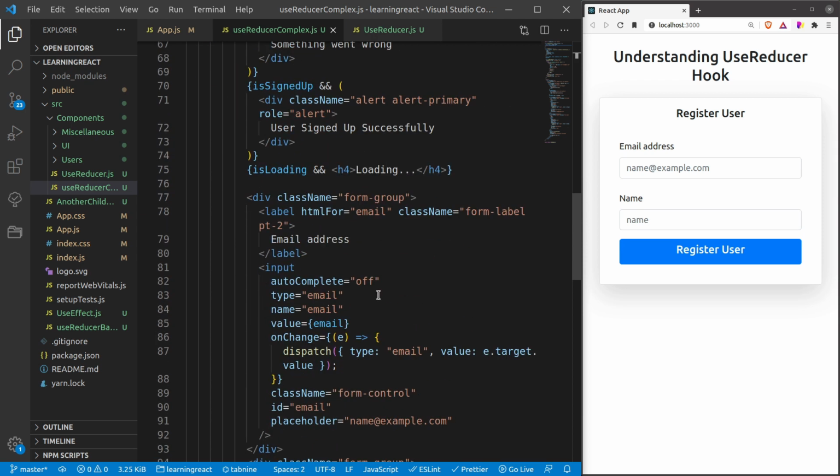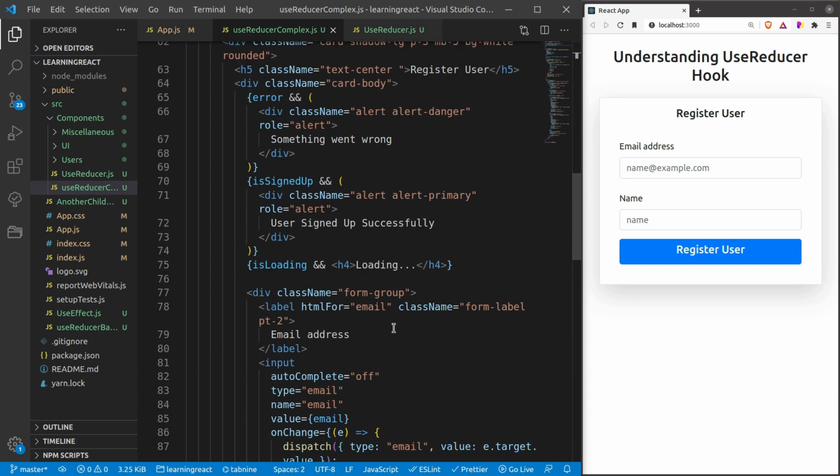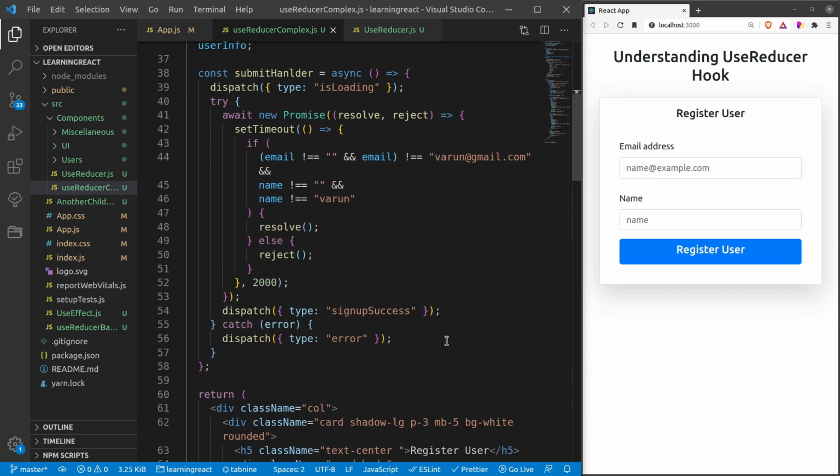Alright guys, I hope that you have got the basic understanding. You must have got a clear idea of what is use state and what is use reducer, how to decide between these two, and how use reducer removes the complexity of handling complex state. At the end, React is providing us the flexibility to handle everything based on our requirement. As I also mentioned, useState is actually internally using the use reducer hook.